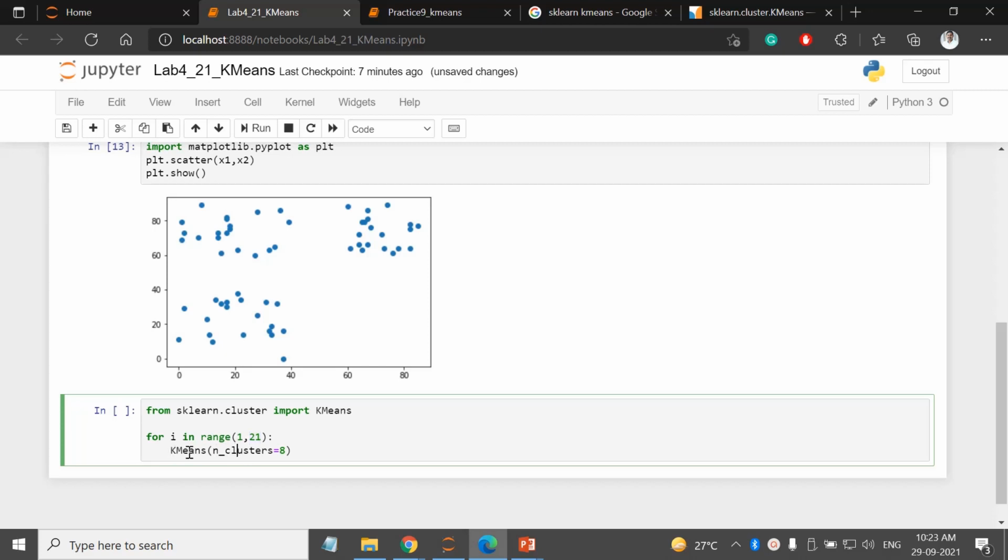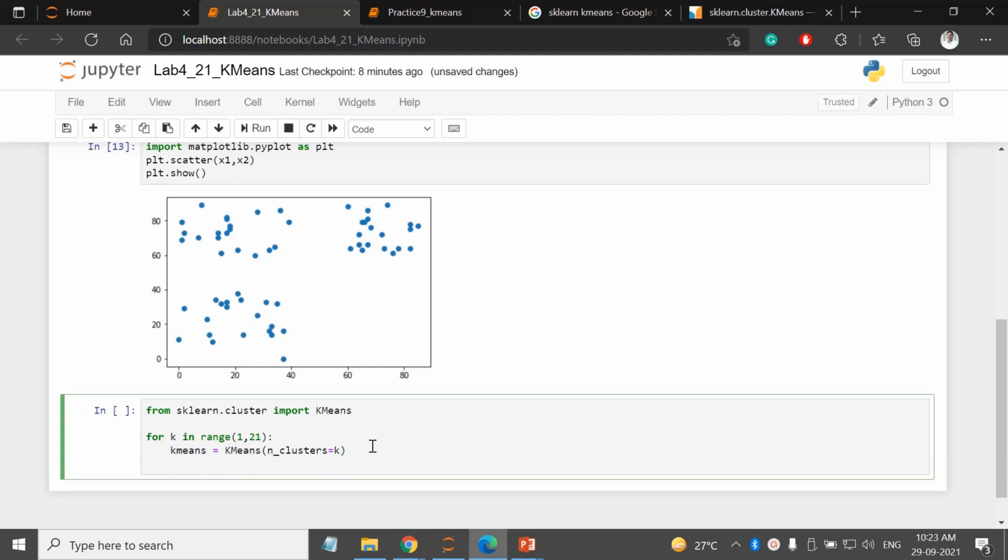So I have created an object. It will return me an object, so let us catch it in a k-means variable. This is my class, and I am providing number of clusters as i. So my k will vary from 1 to 20, and I will get 20 such objects.